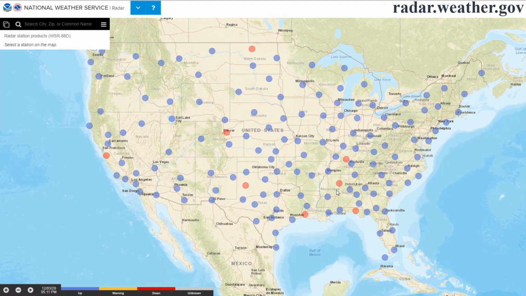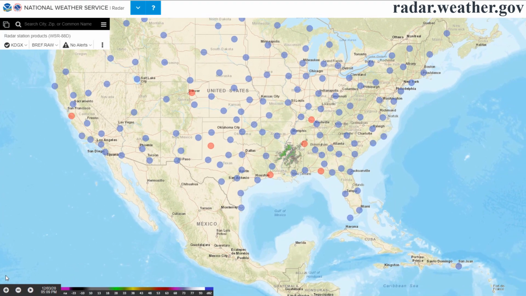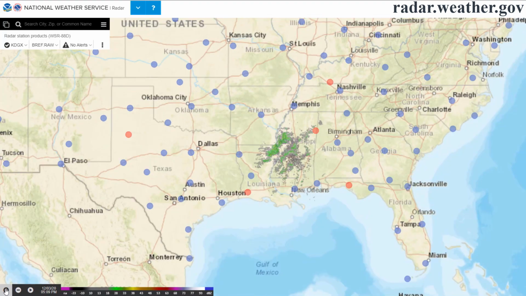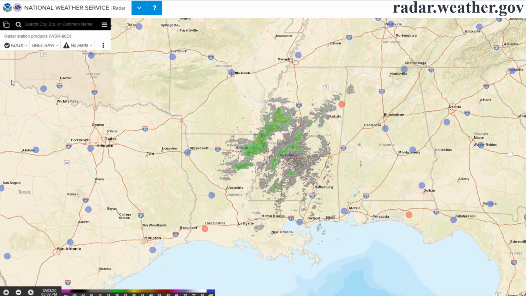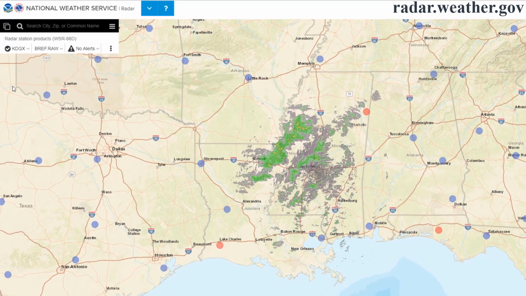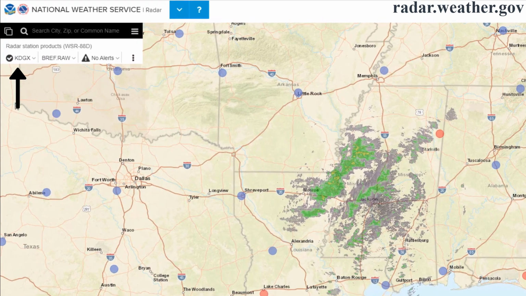Clicking a dot will center the map on that radar and show data from only that site. You can zoom in for a better look. There are new drop-down menu options when you go to a specific radar site. The leftmost menu will have the 4-letter identifier of the radar site,